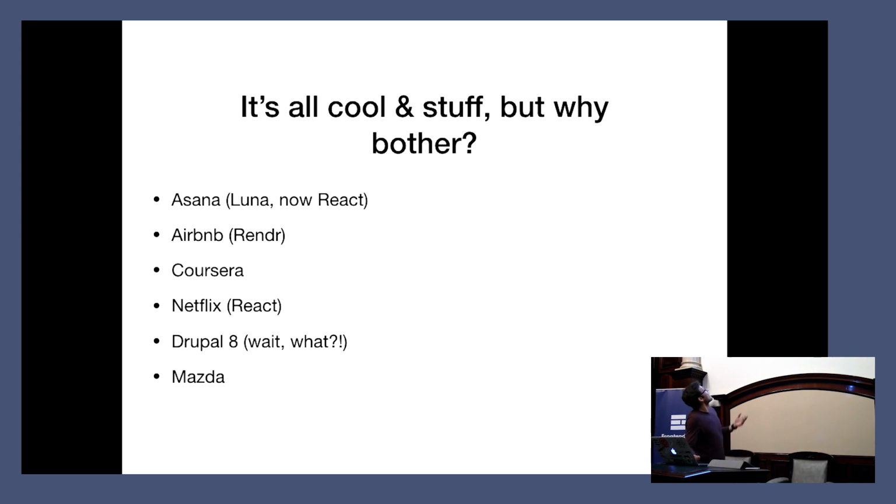So you'd say, why use it? It sounds cool, but it's really not doing much. But a fair few companies do it. This is just a small list. Like Asana, they were actually one of the first ones. I don't think they do it now, but they used to. Airbnb, we know, uses Rendr, which is basically Backbone. Coursera, online courses,